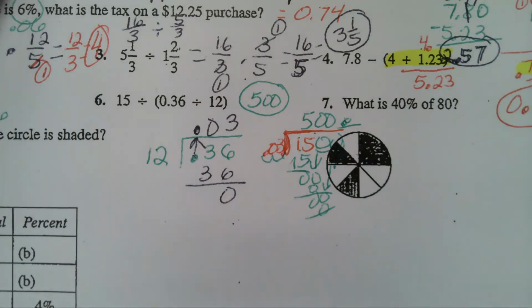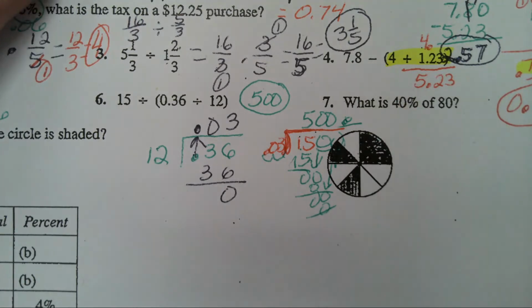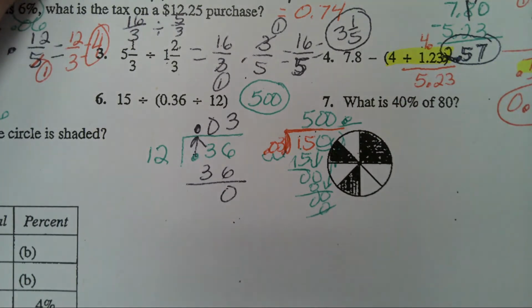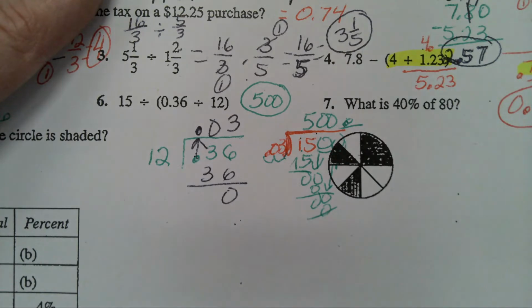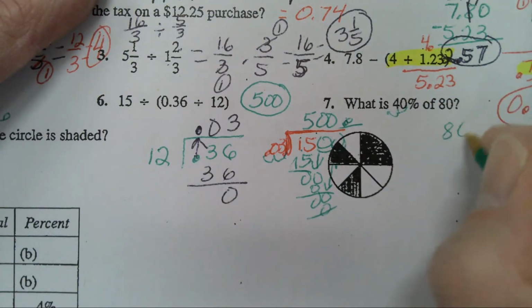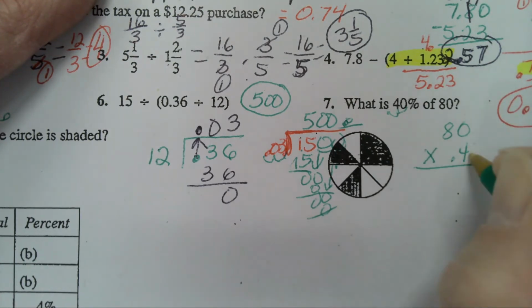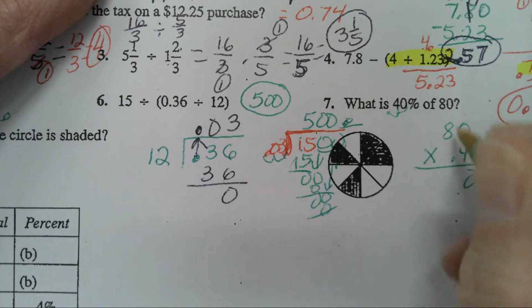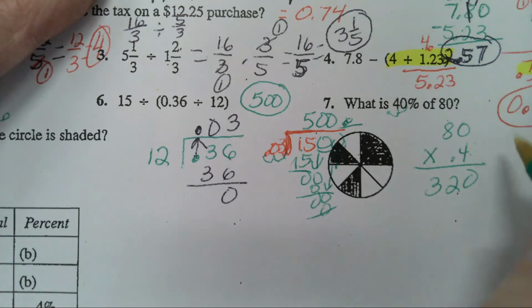Anyway, of means to multiply, doesn't it? So what are you going to change 40% to? A decimal or fraction. How many of you like multiplying with decimals better than fractions? Most of you do. So to change a percent to a decimal, you move it 2 places, and you have 80 times 0.4. 4 times 0 is 0. 4 times 8 is 32. How many numbers are behind the decimal point? 1. So the answer is